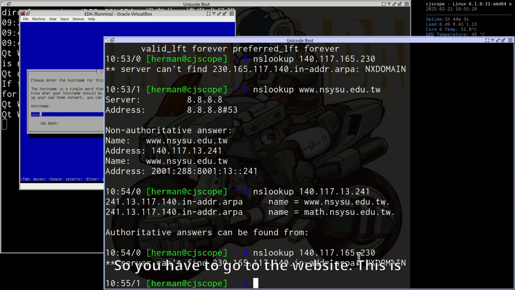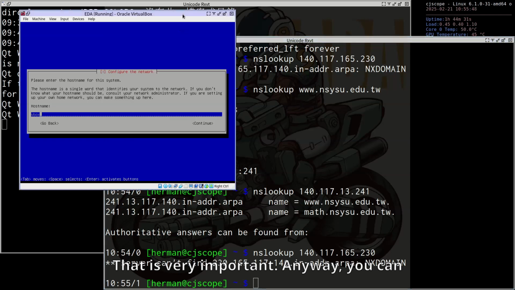So you need to tell the department that for every machine, this is very important, because if you want to run EDA tools, you need to pass domain name and the IP query. You need to have a corresponding IP and with its own domain inside NSYSU. So the record should be stored in our DNS server. Understand? So that is very important.